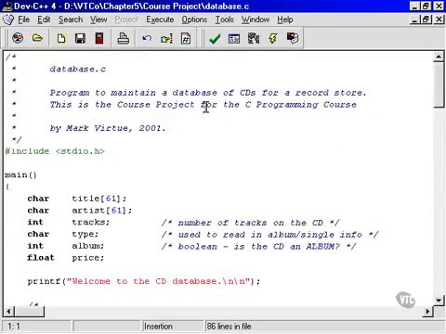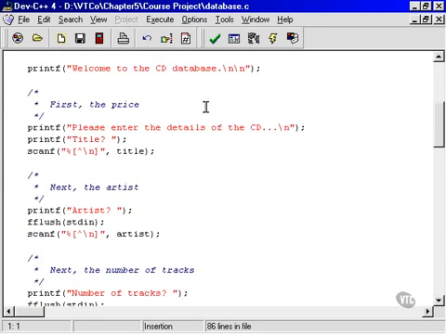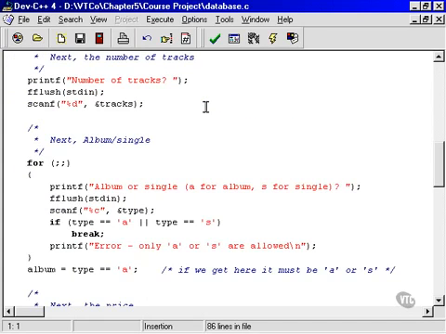Okay, here's our database.c again. This one's slightly modified from our original. This one will be in the Chapter 5 course project folder. And again, it's all the same stuff. We've just made one slight modification. We've got this forever loop, and we've got this break down here. So this time, it will now continue looping around until they've either entered an A or an S. And we saw that before, so I don't need to go into it now. Let's move on to the next